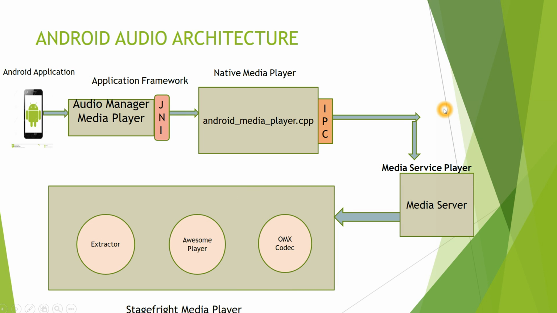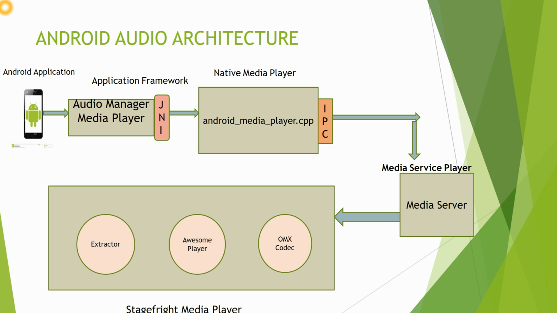This slide depicts the entire Android architecture. All the requests from the media player service come to the component called Stagefright Media Player. Stagefright is a media playback engine at native level that has built-in software-based codecs for popular media formats. Stagefright has three components: extractor, awesome player, as well as OMX codec. The media extractor involves appropriate data parsers in accordance with media type. It will extract the data in the required format, for example MPEG or MP3, etc. Then this awesome player sets up communication between different components. Whatever parsed data is coming out of the extractor will act as input to this awesome player, and this awesome player includes functionality